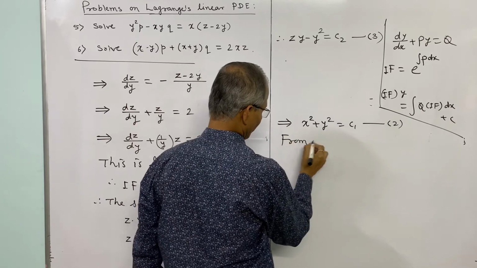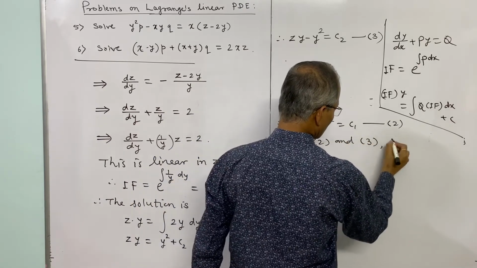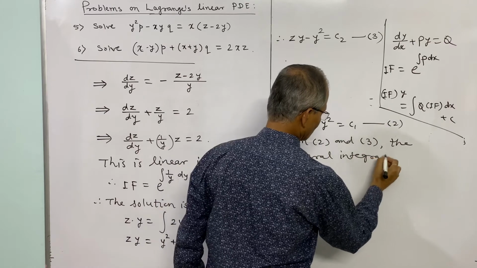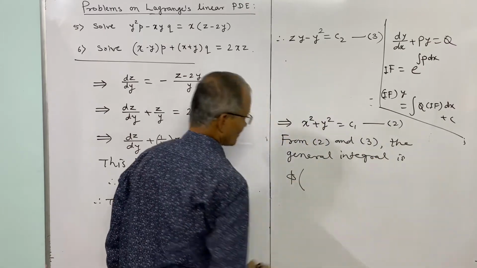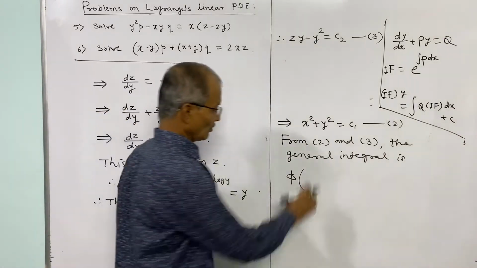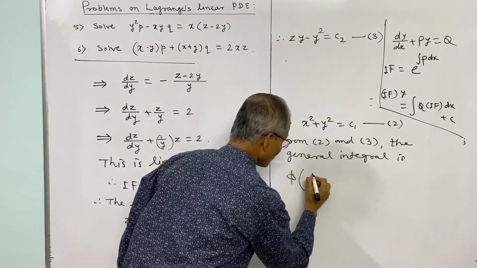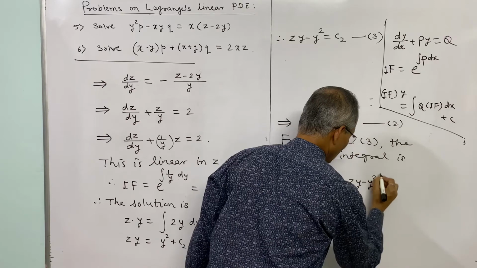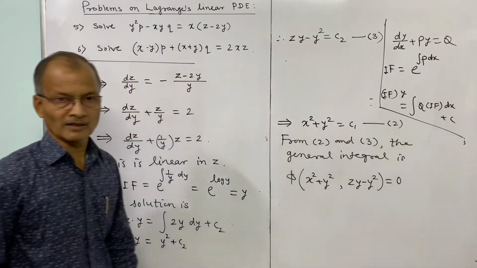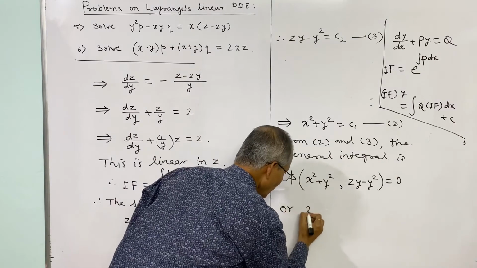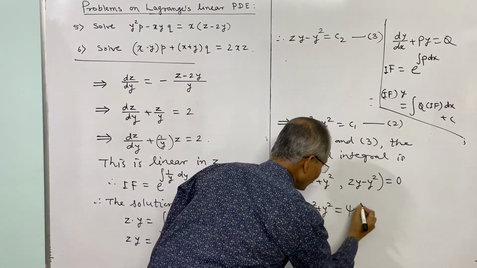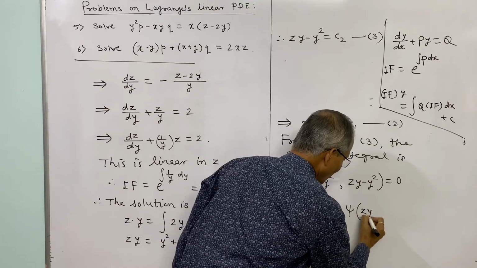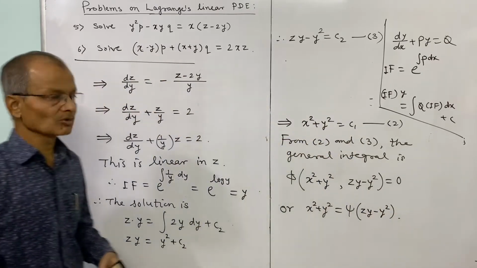So the general integral is phi of first, that is u is equal to c1, this is u and this is v, phi of x square plus y square and zy minus y square is equal to 0 is the general integral, or that can also be written as x square plus y square is function of second variable, that is second solution, that is v, zy minus y square, and this completes the solution for the first